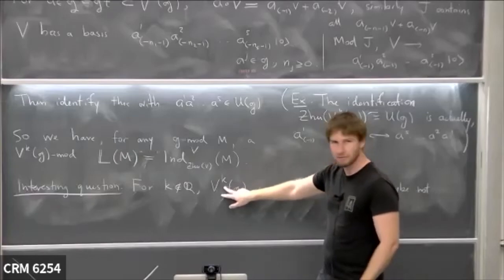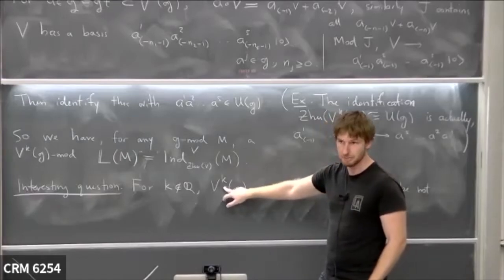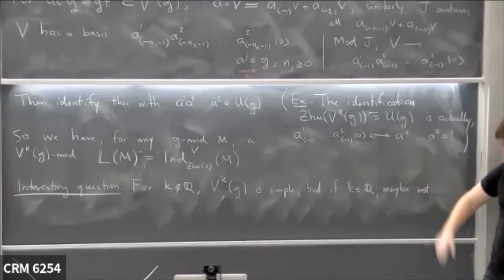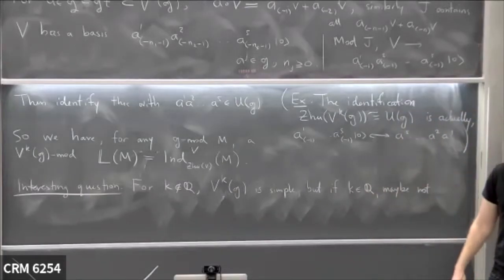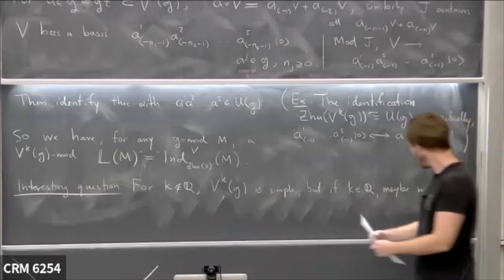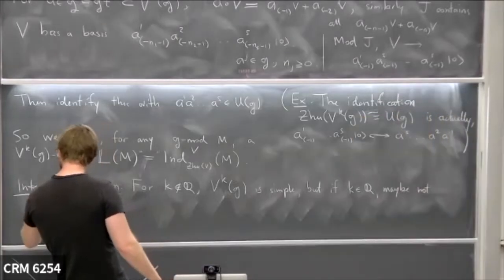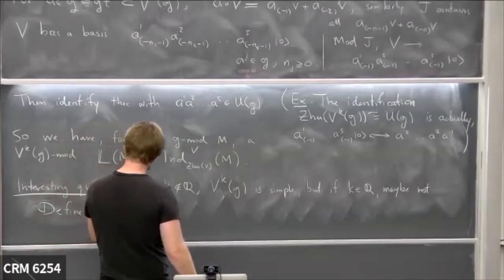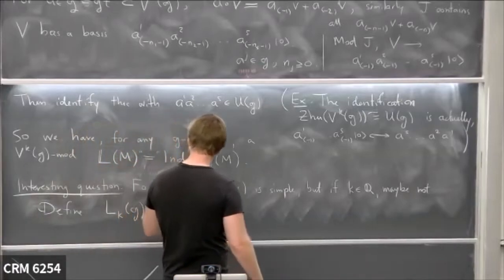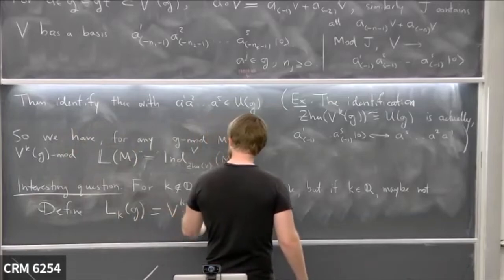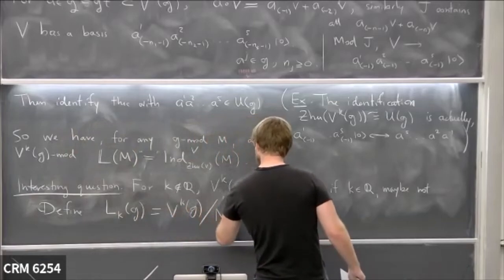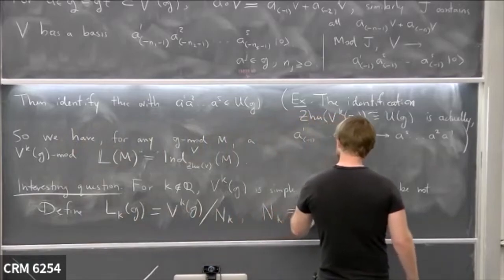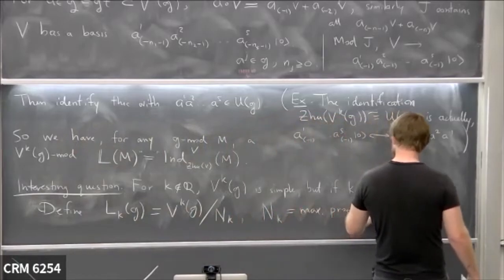Because this universal affine vertex algebra is simple already. But if you work at special levels, then non-trivial ideals can appear inside this vertex algebra. So let's in fact define L_k(g) to be V_k(g) divided by N_k, where N_k is the maximal proper